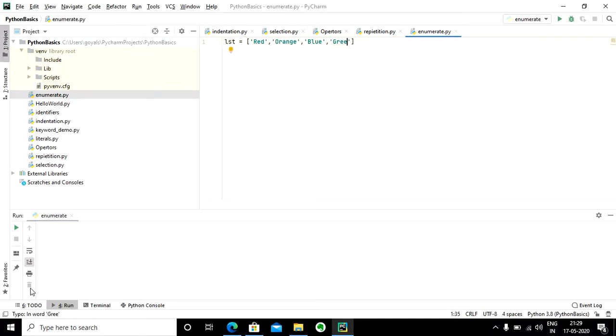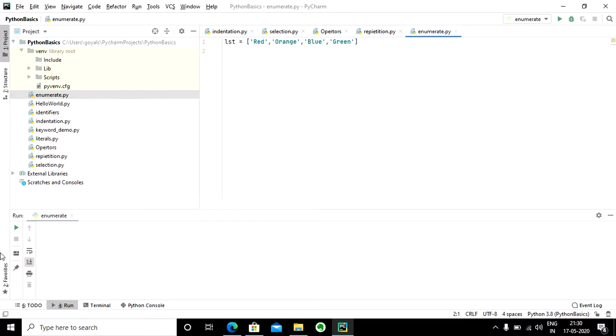Now I want to enumerate this listing. If I consider each string as an object, I want to get the numeric listing of these objects, in a numeric order.